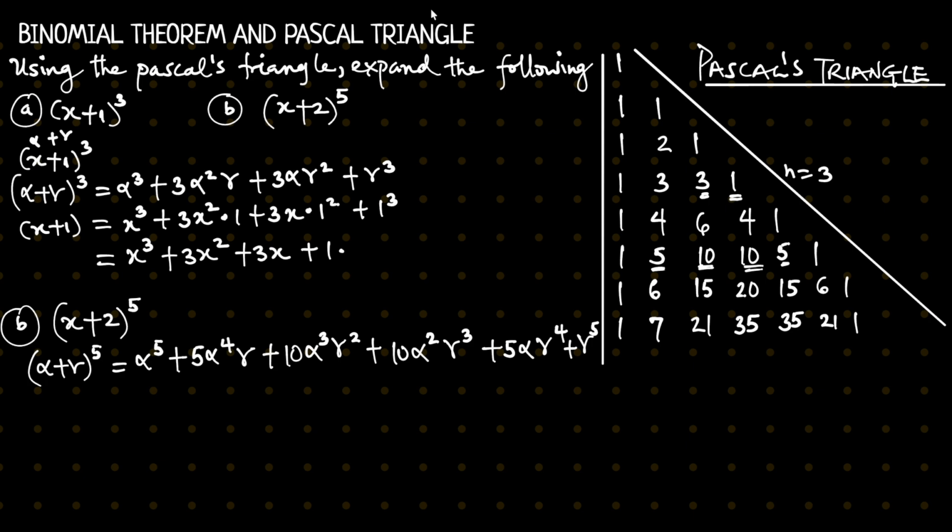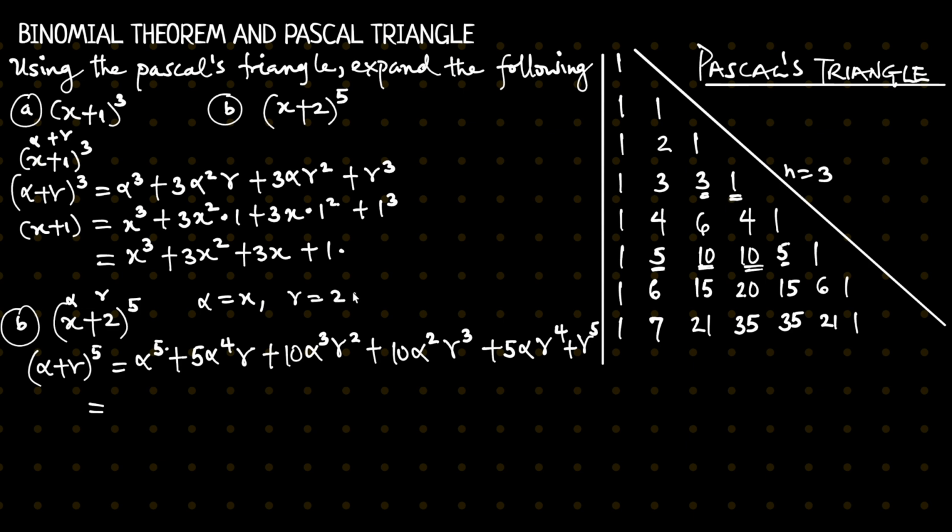You would notice that as we move from the left to the right hand side, the sum of the powers remains 5. So here we have 5. Gamma is to the power of 1, 1 plus 4 is 5. Gamma is to the power of 2, plus 3, we have 5. It goes on like that, and it's all 5. And as we've said, if this is alpha and this is gamma, then by replacement, remember, alpha is x,